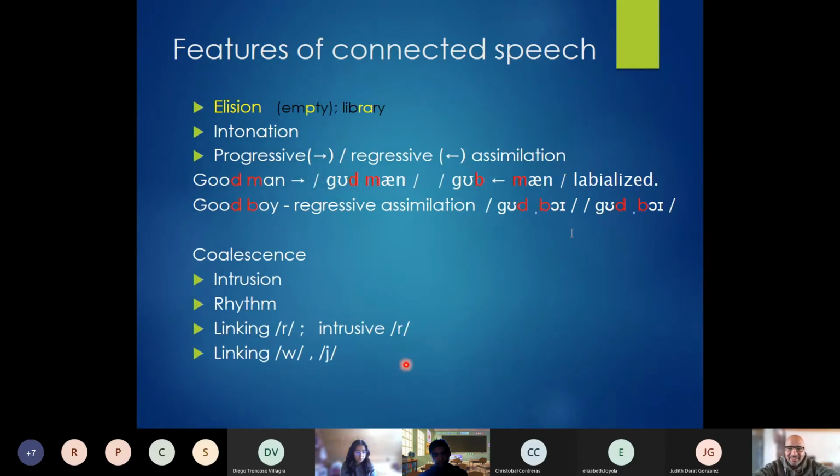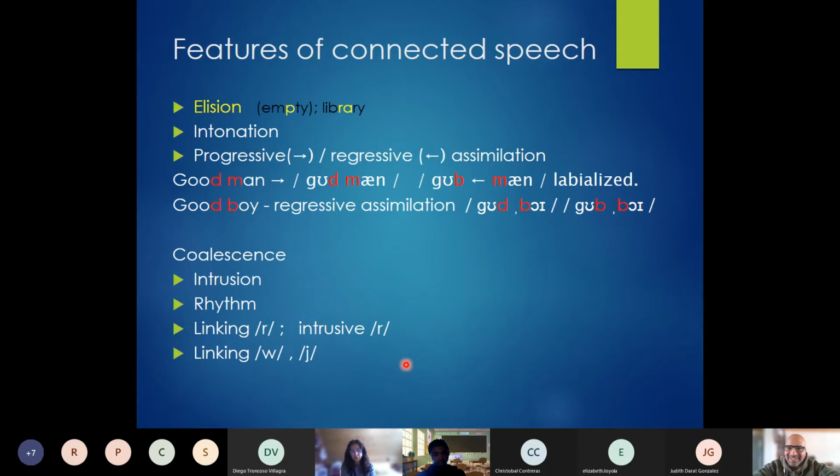Good. So more like that. Good boy. Yes, exactly. In fast-paced speech, or some people speak really fast, so they don't call it fast-paced speech for them. It's just normal speech, right? Because they speak fast. That's quite common to say good boy. So you don't hear the alveolar d at the end of the first word, but a b. Exactly.